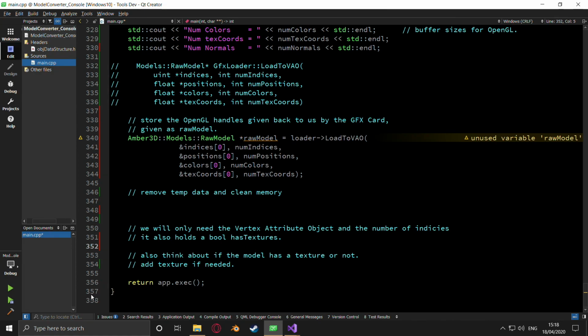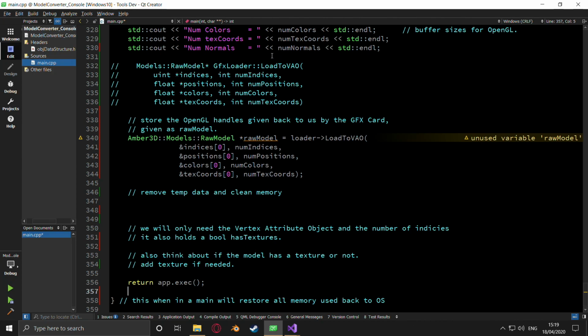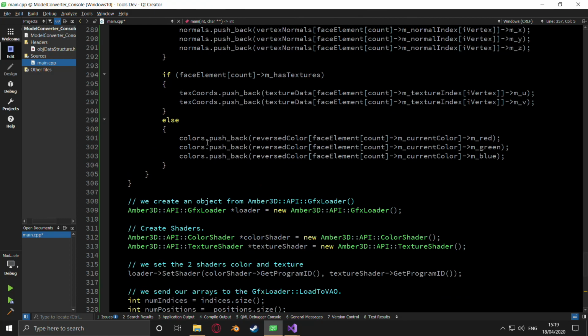Remove temporary data, by the way, is line 357. That's an auto. This, when in a main, will restore all memory used back to the OS, the operating system, because it's the end of the program. At this point, it hasn't. When we're actually executing the app and we've got the window up, we've got all of this data hanging around. It's a massive amount of data that we could have just hanging around in memory, and that's why that line's there. As soon as we have completed here,